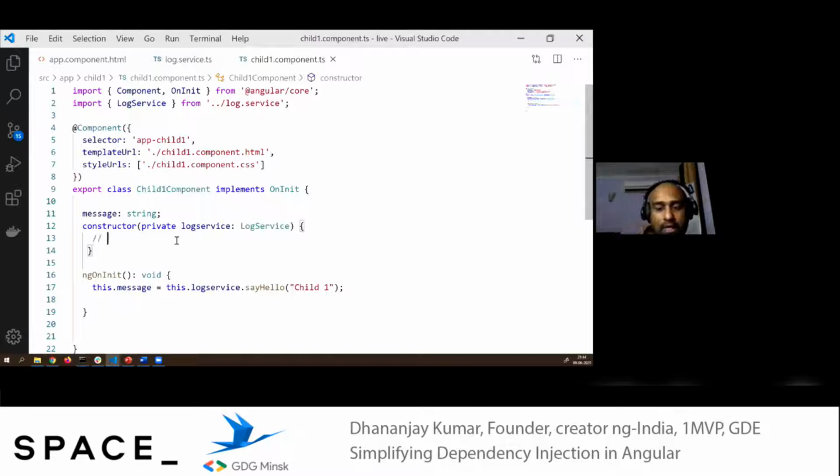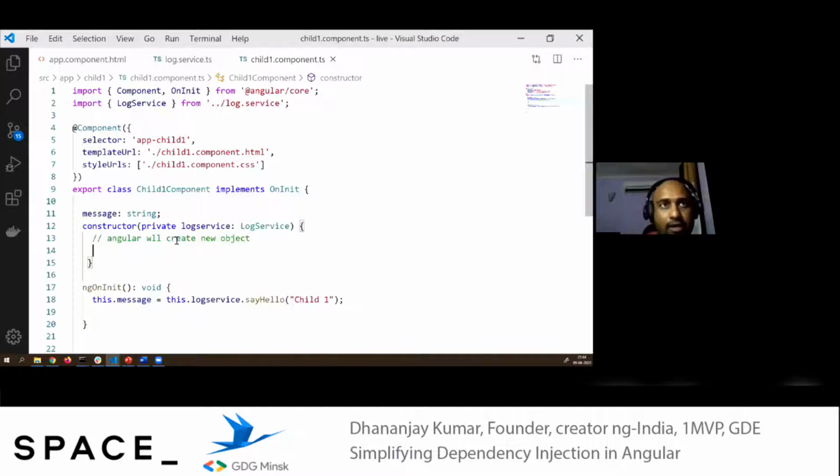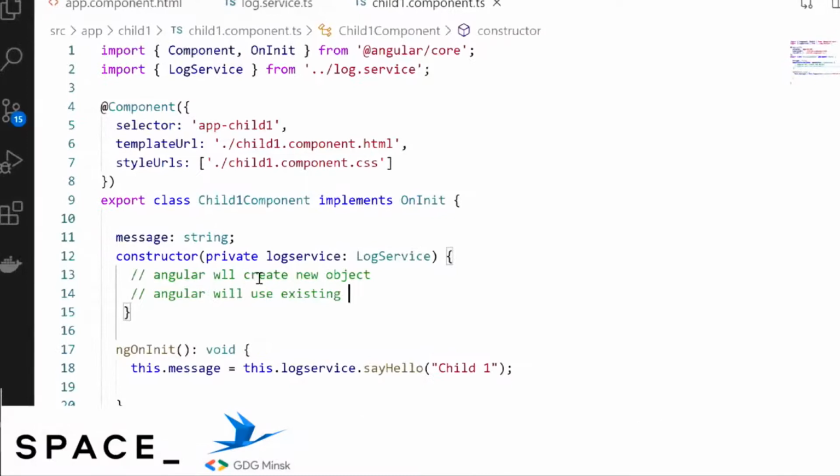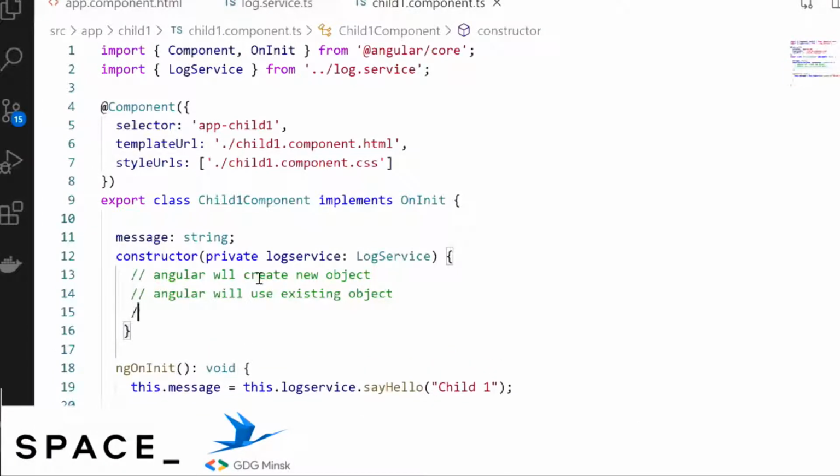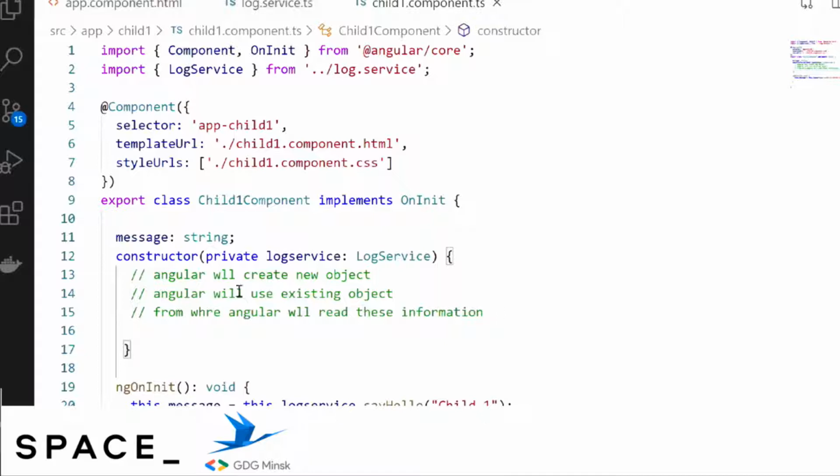Now the question is whether Angular will create a new object or use an existing object, and from where Angular will read this information. We'll come back to that. So, create a new object or existing object of log service, we will be back to that. But this is the syntax you follow to inject the service.